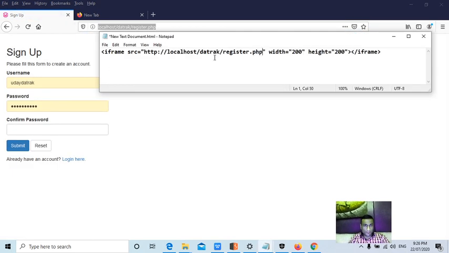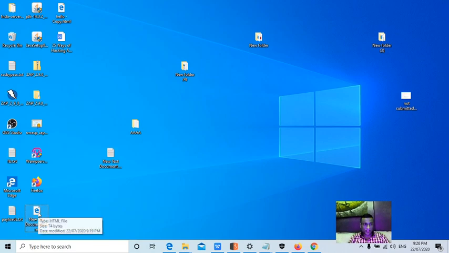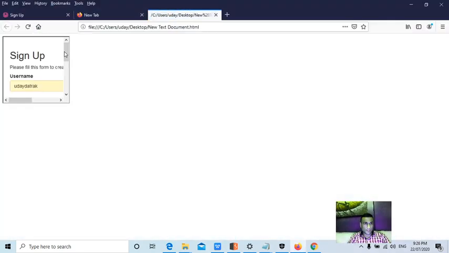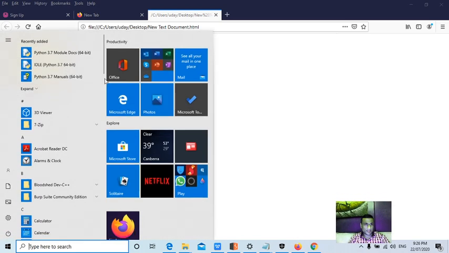Let's assume the login page is secured, then I won't stop there. I'll go to another page and check the register page. Yes, this page is loaded within the iframe, guys.